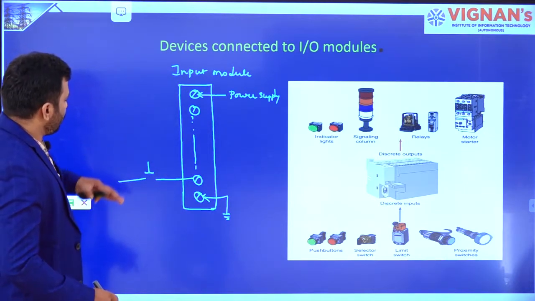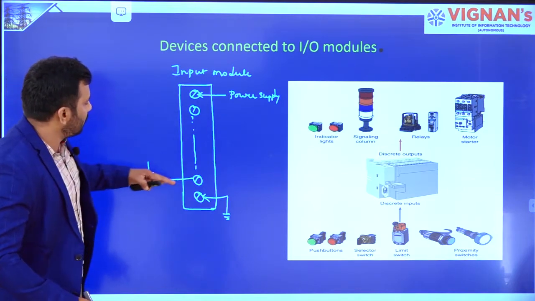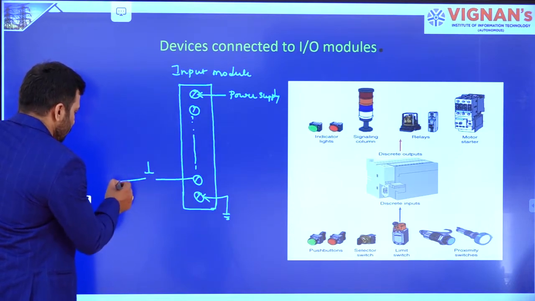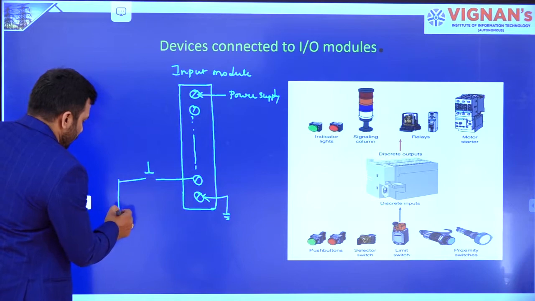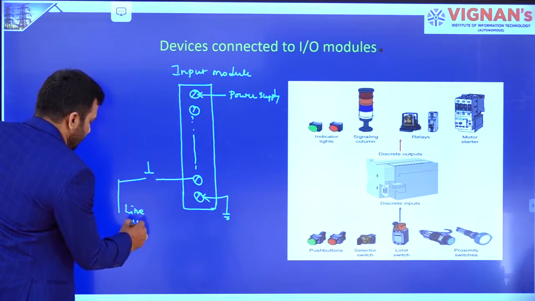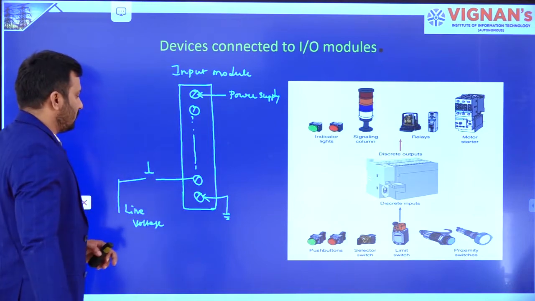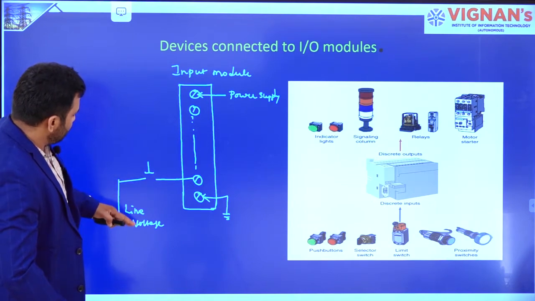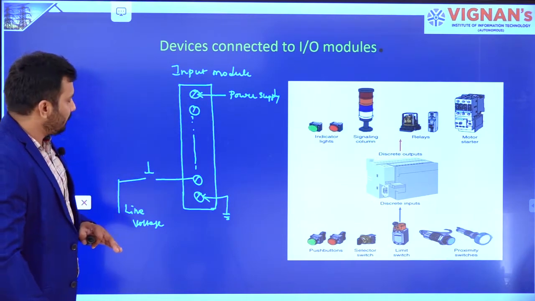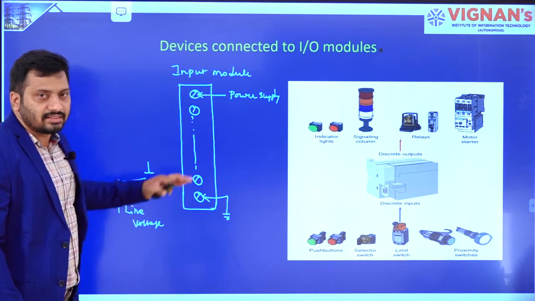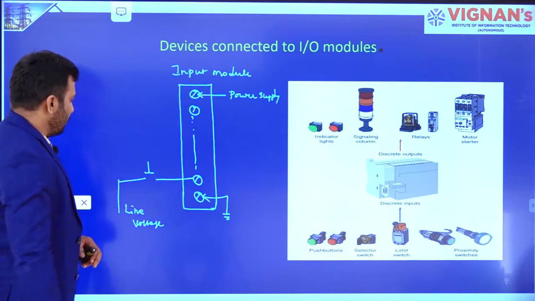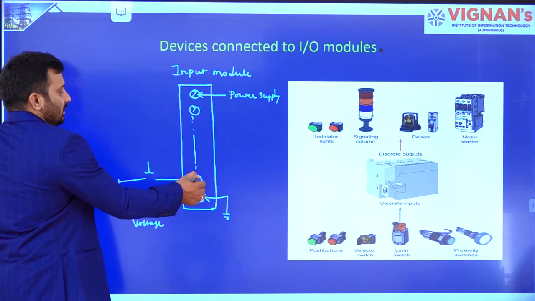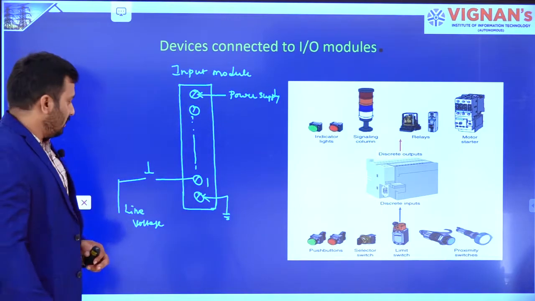Once the push button is pressed, it is going to give some signal. Some signal means, for example, sourcing: this one is going to give line voltage. Internally it is going to take ground, right? Whenever you press this particular one, this line voltage is going to be taken from this power supply, and the ground terminal is going to be the other side, the negative terminal. If you don't press it, this voltage is not going to be given as an input to this particular terminal, the first terminal, right?